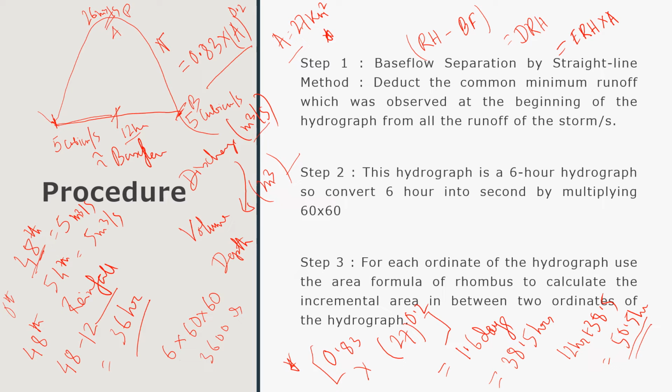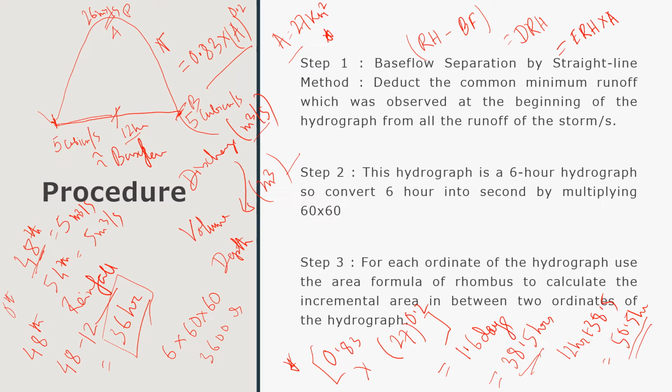But our base flow formula gives 38.5 hours as the duration from peak to the ending of the hydrograph. But as per our practical assumption, we can easily see that within 36 hours, the contribution of runoff or contribution of rainfall to generate this hydrograph has receded. Only the base flow was going on, but base flow we have already deducted. Okay, so now my next step will be